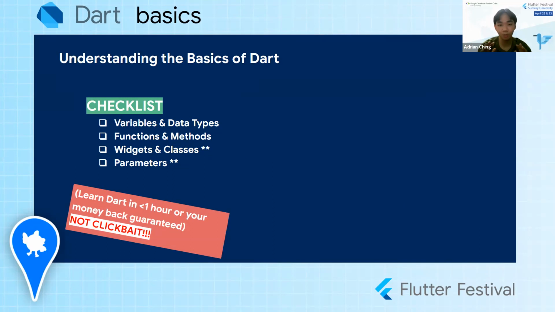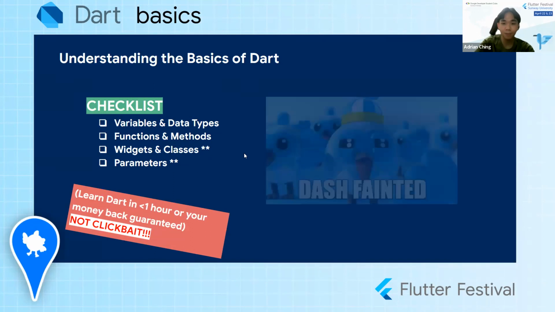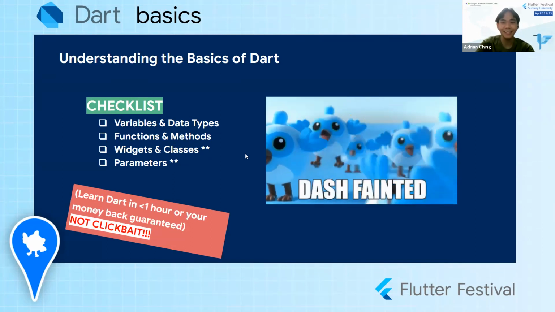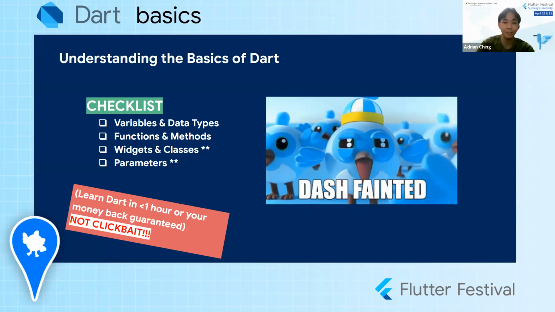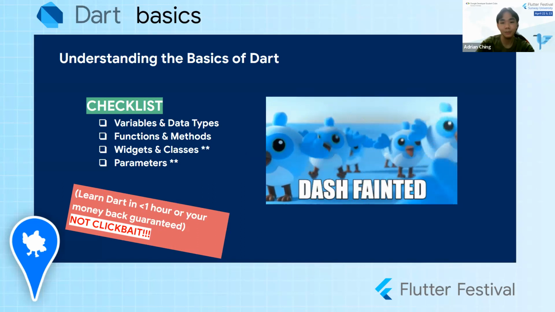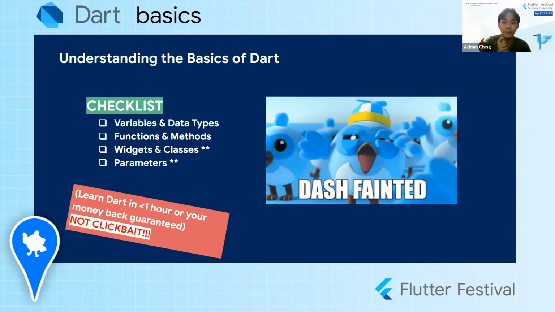And on a side note, I just want to say that we as developers should not be ashamed to Google stuff. That's because I see some people being hesitant to Google stuff. They feel like it's cheating and whatnot. But seriously, if you don't Google stuff, then you're just inconveniencing yourself. So why not, right? Okay, so this whole thing may take around an hour or so. But yeah, I feel like it's really useful if you start learning Dart first, then applying it into a real Flutter app. So yeah, okay, let's begin.